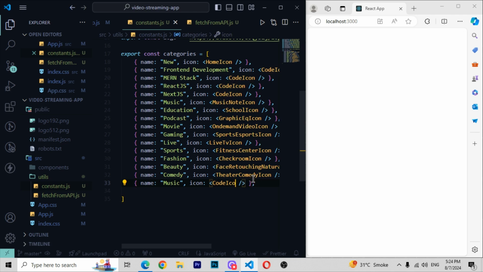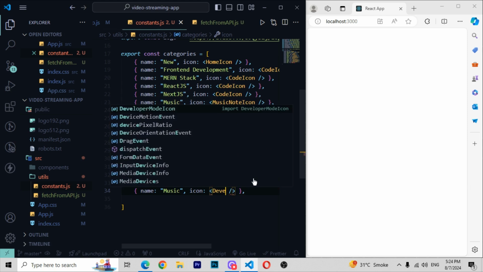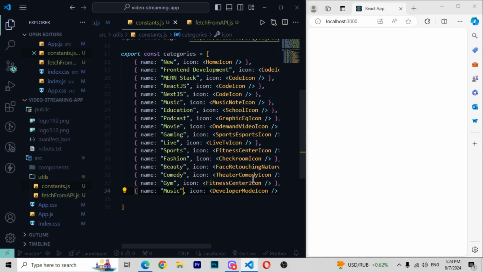and after pasting the thing I will be removing this code icon from here, and in the place of this I will be writing fitness center icon, and now in the place of this music I will be now writing here gym. Then in the end I will be pasting one last code here, and now the icon which we will be using will be as developer mode icon, and then in music I will be writing as crypto. So here you can just see, save this thing here, and now you can just see if I just save